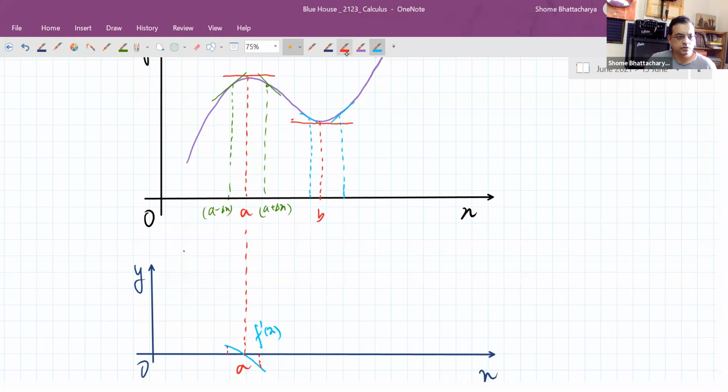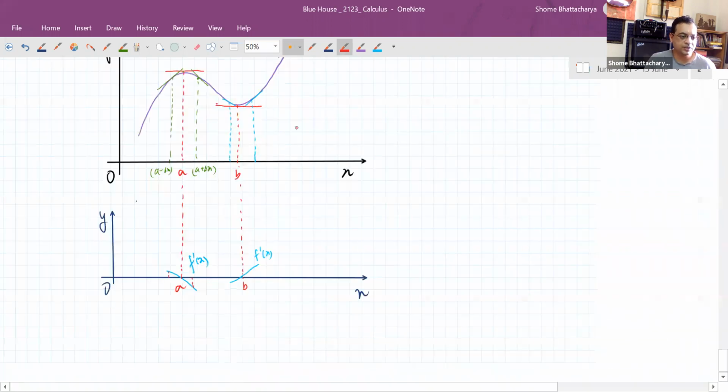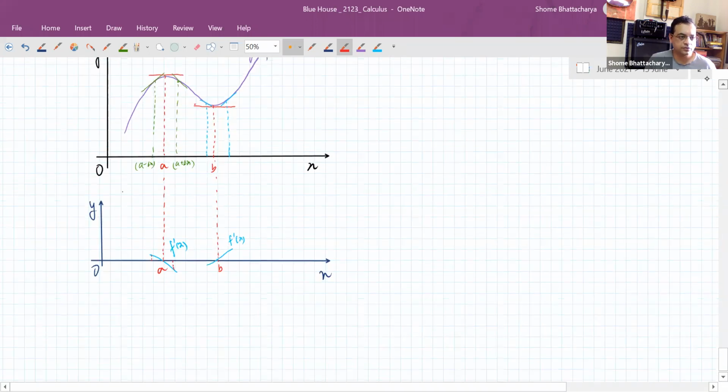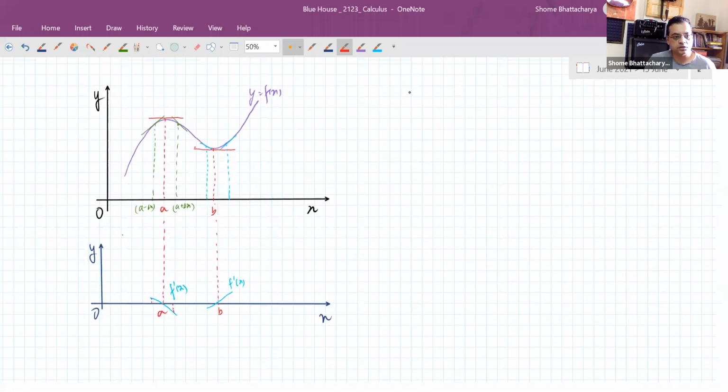Okay. So if you look at the derivative of the function, now I'm not too interested in what happened in between A and B. But at the point B, the derivative is changing from a negative value to a positive value. So you can see that its slope is positive. The slope of the derivative f prime x is positive. So what we can see now is